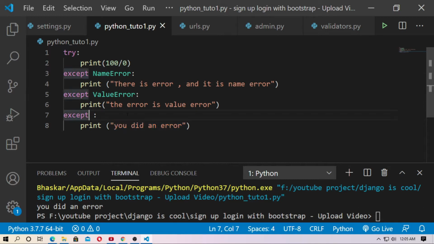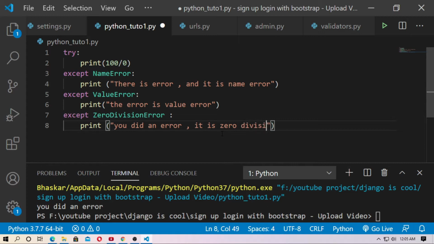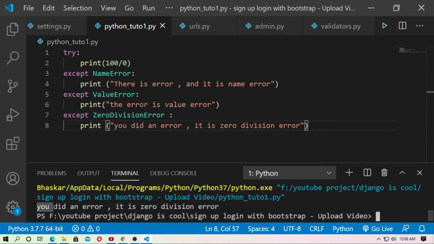So here just type zero division error. Just type it is zero division error. Now save it and run it. Now you can see you did an error and it is a zero division error because you divided